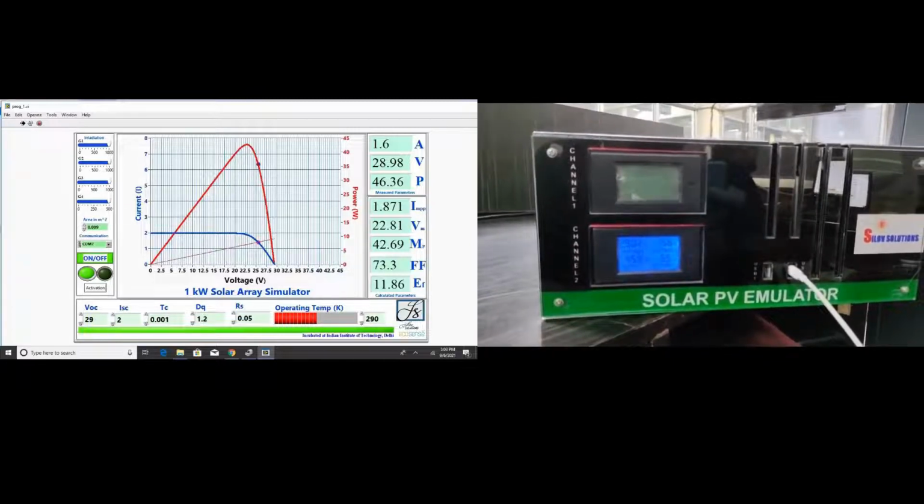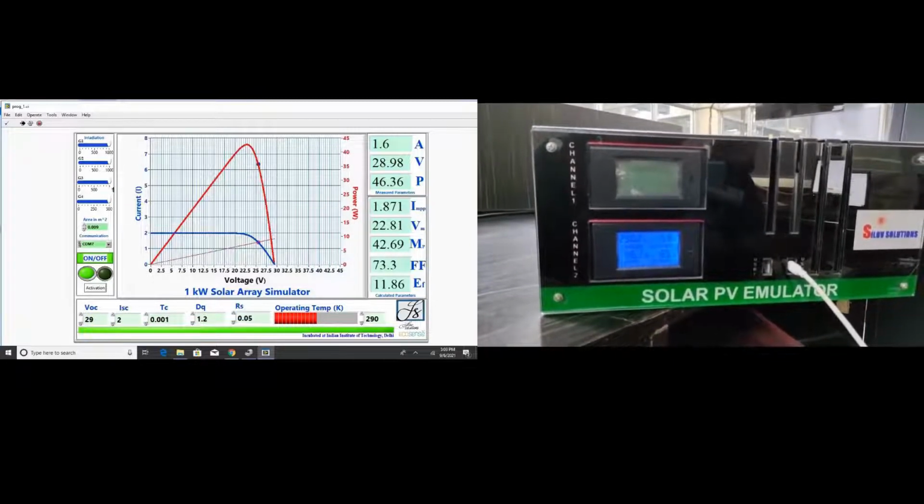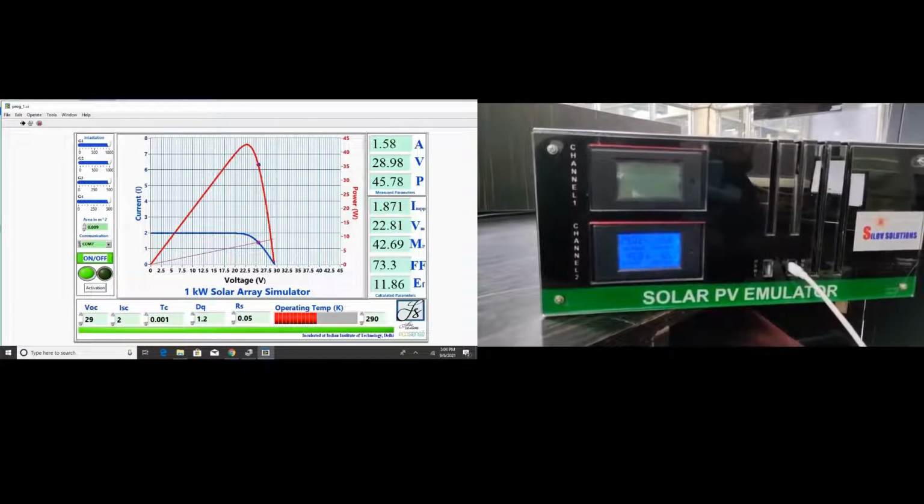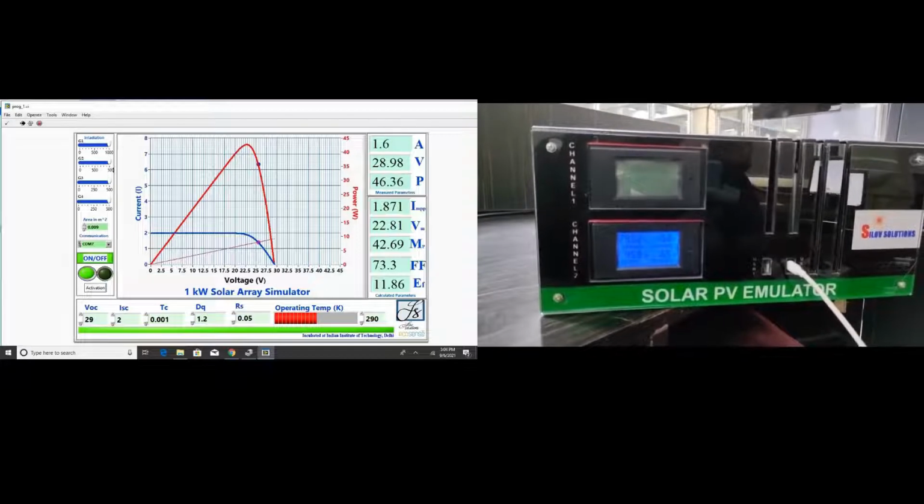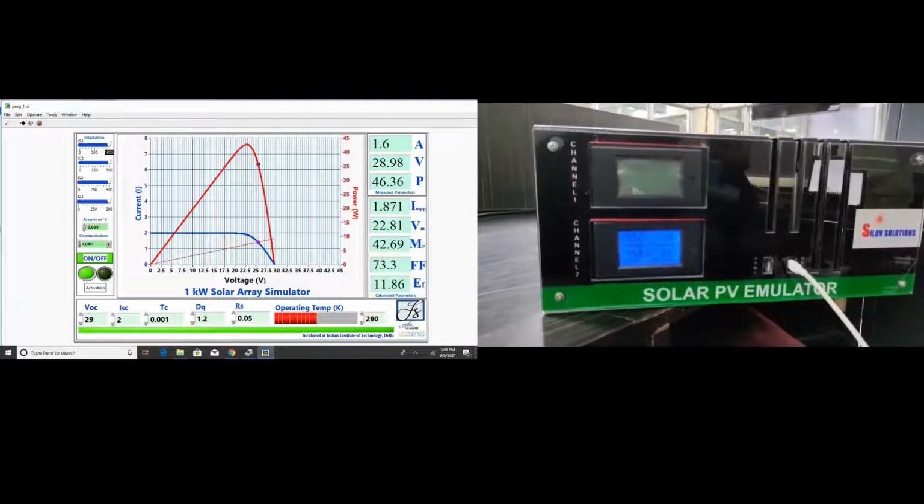We can also change the scale of partial shading by just editing the last value, as we can change the value of graphs.